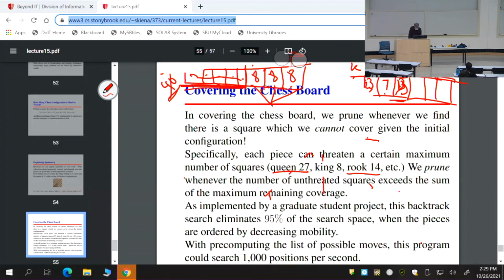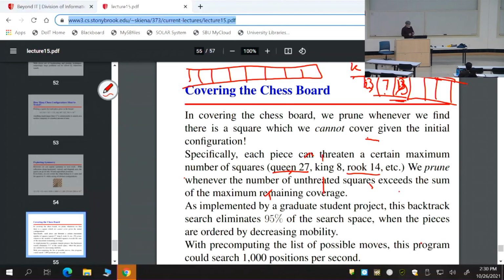If you believe that, in my solution vector, what is the order that I should put the pieces down? Does it matter if I put the pieces down king, queen, rook, rook, bishop, bishop, knight, knight, or maybe the reverse of it? Does it make any difference? Yeah? You're saying that if I put the larger pieces down... Okay, what I want to do is to be able to prune as quickly as